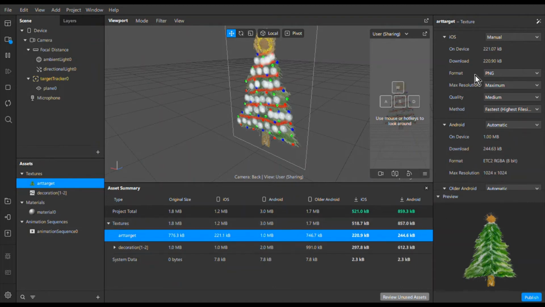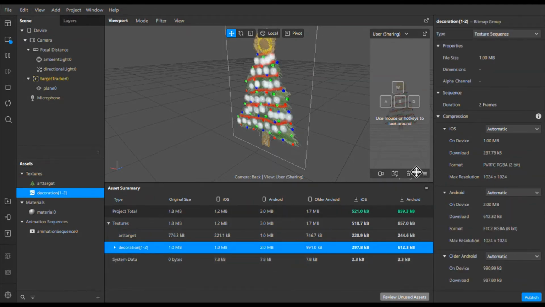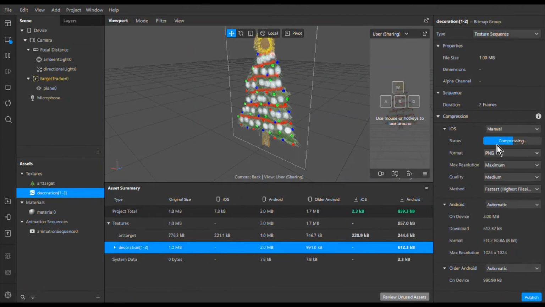When changing the compression settings on the files, I would recommend doing it one group at a time. So if I was going to make a change to this AR target, I would do that, let it process completely through before moving on to the next texture. And I would do this one as a group if I was going to modify it. So yeah, you want it to completely